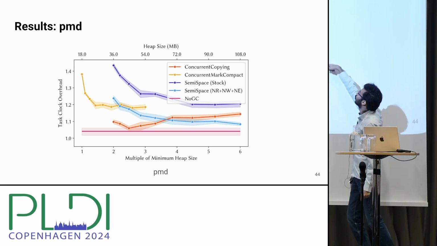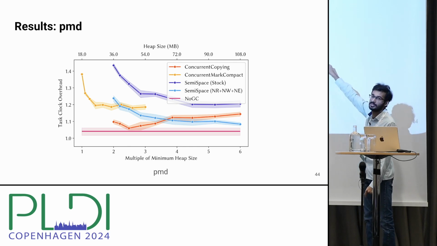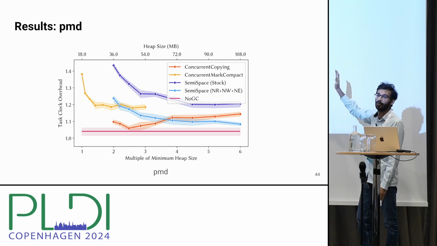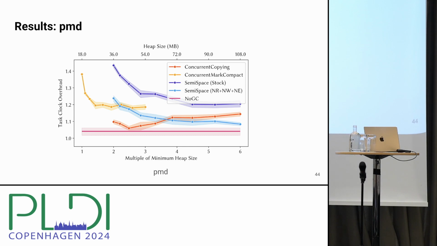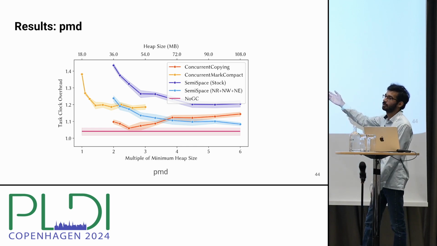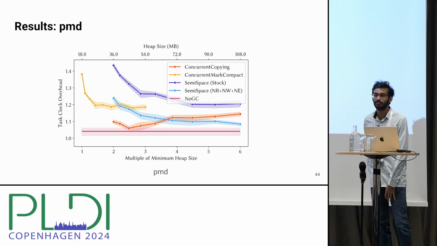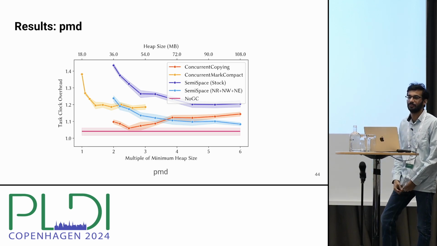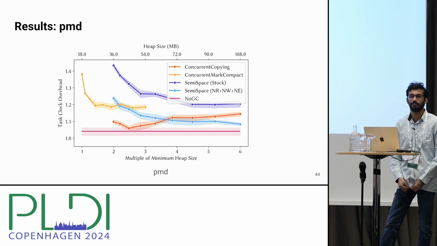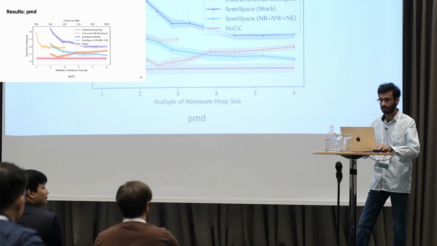So that's why for the two copying collectors, the concurrent copying and the semi-space, we've shifted them to the right by 2. But the concurrent mark compact collector is essentially a concurrent mark compact collector, so it only has the 2 spaces. So it's an artifact of how ART deals with memory. All right. Well, thank you very much, Kunal. Thank you.